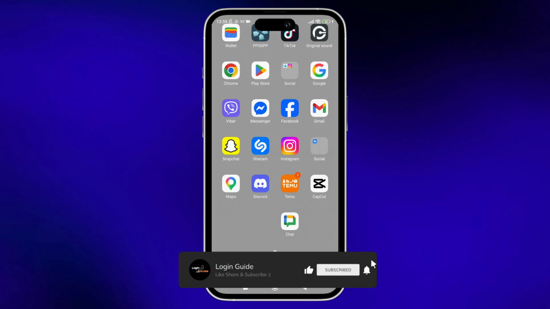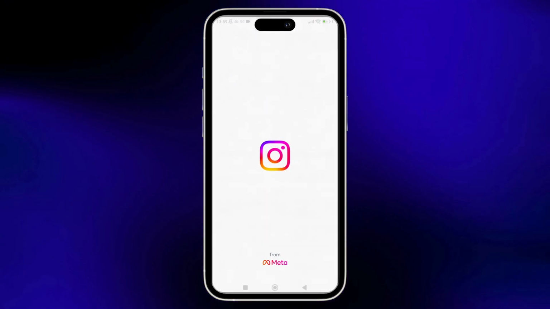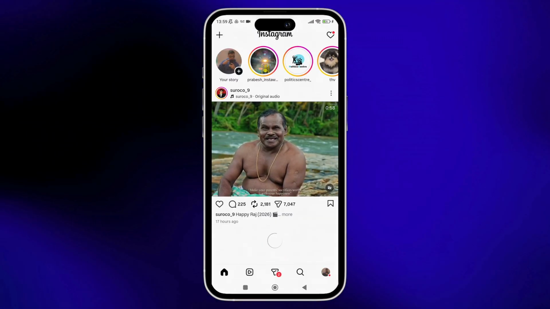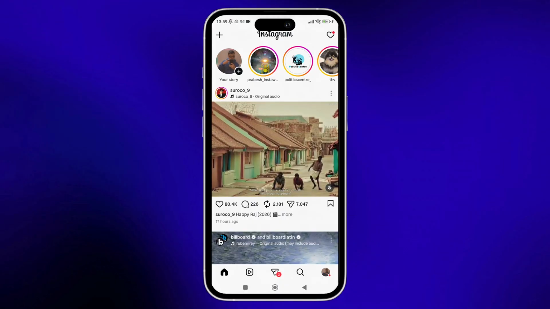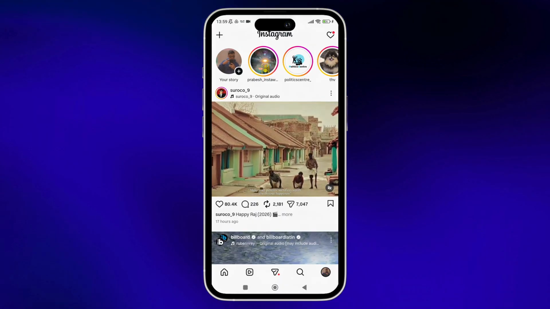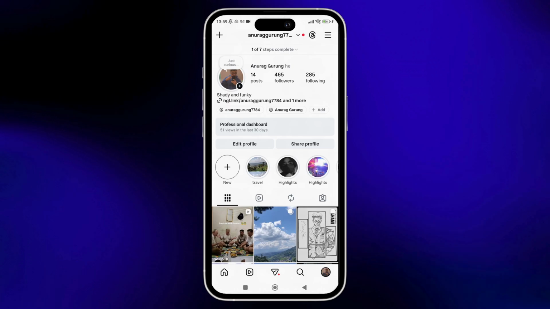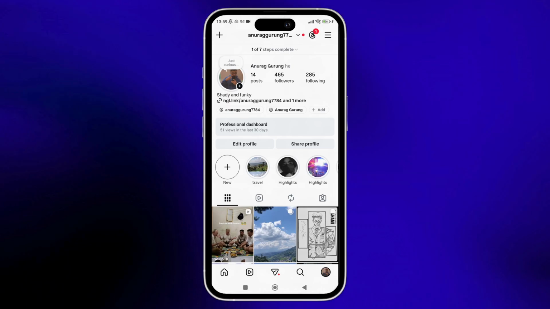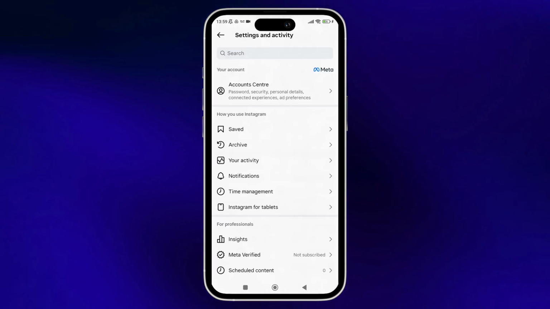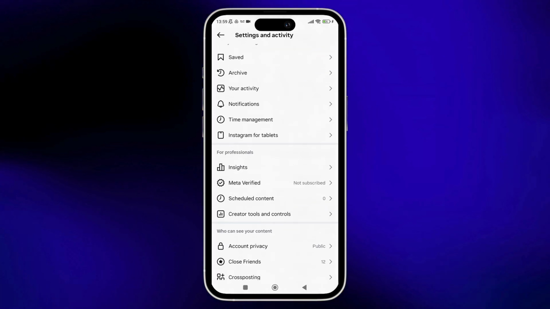First things first, open the Instagram app on your phone. Once you're inside the app, just tap on the profile icon shown in the bottom right corner of the screen. And now from here, you can just tap on the three-dash icon shown in the top right corner of the screen. Once you're inside the settings section, simply scroll down and tap on your